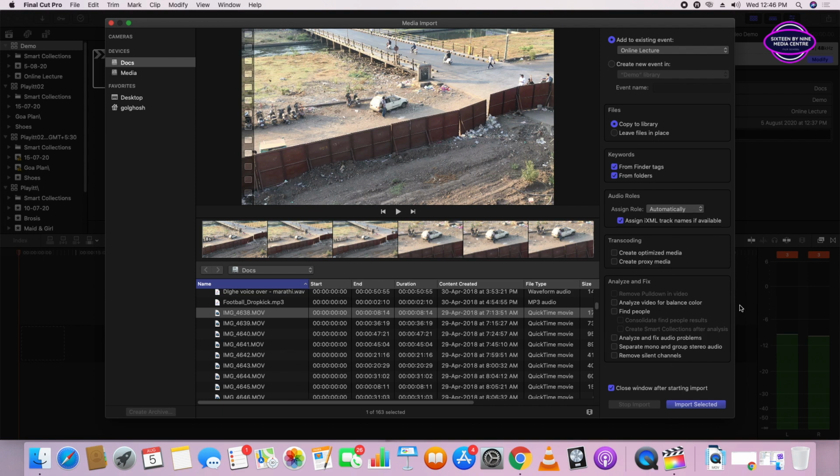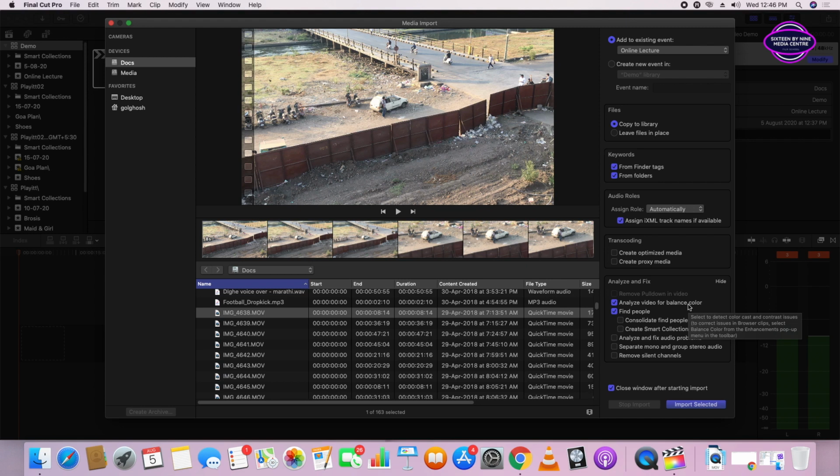Now coming to analyze and fix. Initially when I started editing with FCP, I didn't select any of them. After gaining experience, I select all of them. Analyzing video for color balance: suppose your whole video is too tinted.